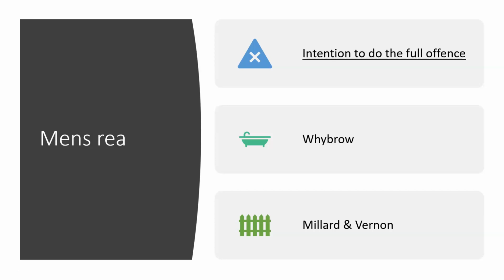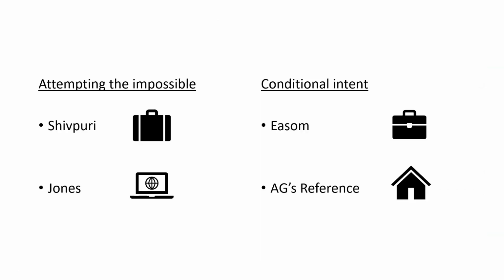When you're looking at the actus reus and mens rea, remember when you're applying this to a scenario, you have to methodically apply it, and I'll go through that in a second. But just 2 other things that you need to consider that could be relevant in scenarios are attempting the impossible and conditional intent. Now, attempting the impossible is laid out slightly in the Criminal Attempts Act, so it's worth having a look at that. But the 2 main cases I would really look at are Shivpuri and Jones. There was an older case called Anderson v Ryan, which now has been overruled by Shivpuri, so just bear that in mind. Shivpuri, he was charged with importing Class A drugs into the country.